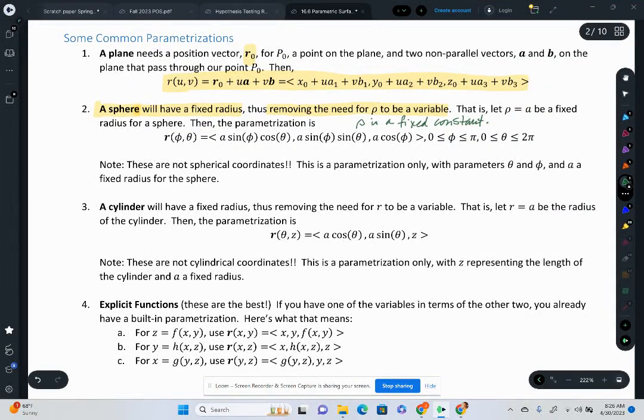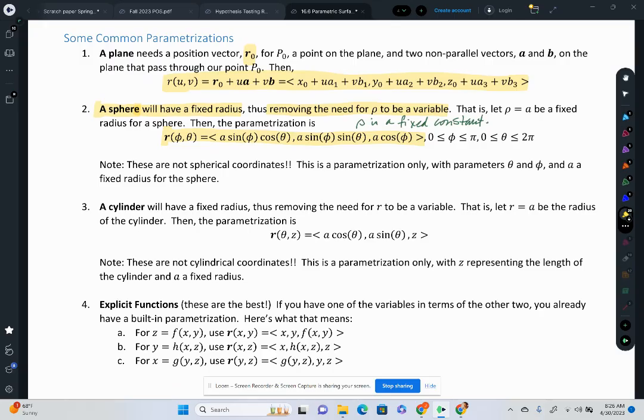Okay, so we're still going to be using what looks like spherical coordinates, because they are very convenient given that they have only two variables in them now with rho being fixed. So we've got the x component, a sine phi cosine theta. We have the y component, a sine phi sine theta. And we have the z component, a cosine phi. Remember, a is the value of the radius and it is fixed. It is not varying. We only have phi and theta varying. Phi goes from 0 to pi, and theta goes from 0 to 2 pi, and that sweeps out an entire